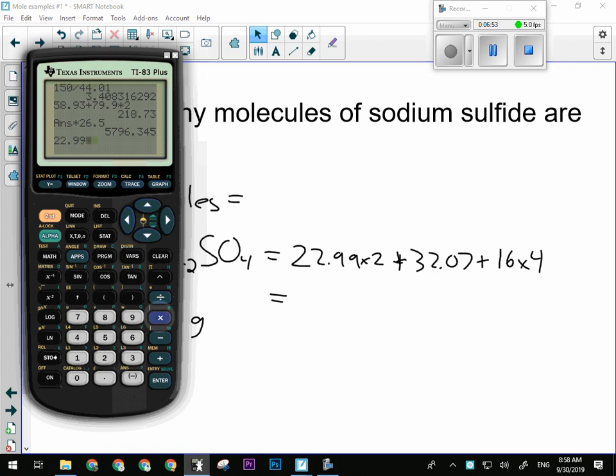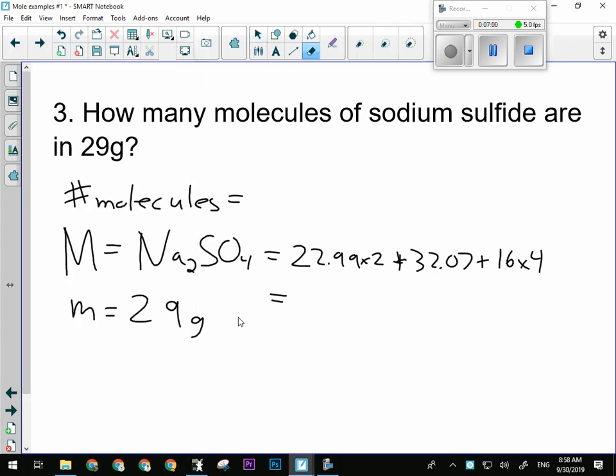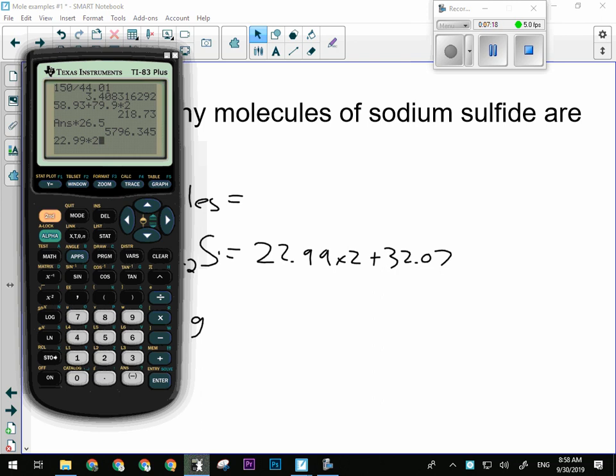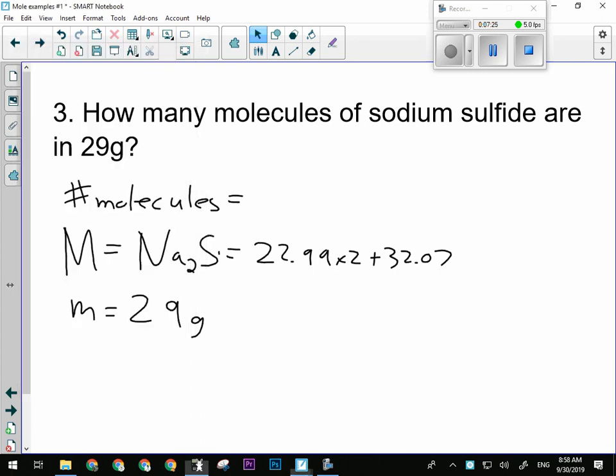22.99 times 2. It's sodium sulfide, not sodium sulfate. Oh, good eye. Sodium sulfide, not sodium sulfate. That makes our life easier, actually. 22.99 times 2 plus 32.07. I don't have to do all the oxygens, and I don't even have to change what I typed into my calculator, because I wasn't that far yet. Plus 32.07. All right, so we have 78.05